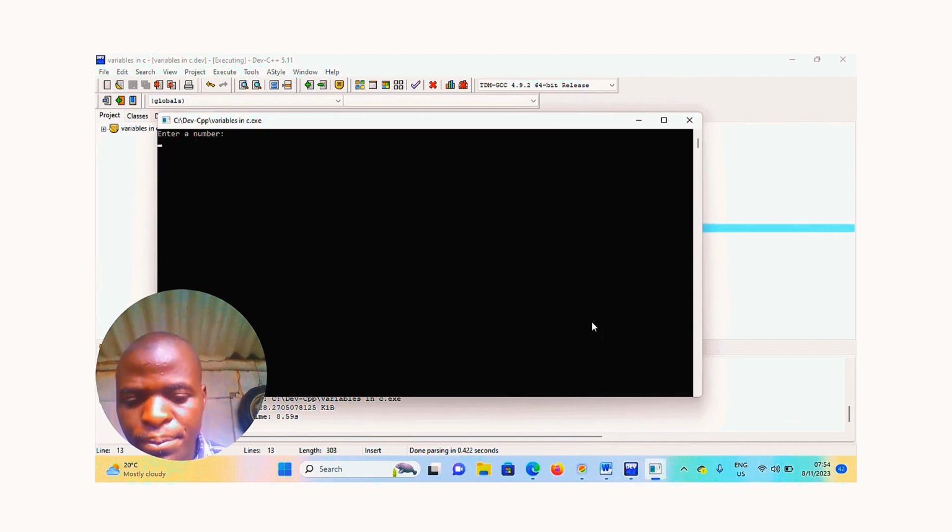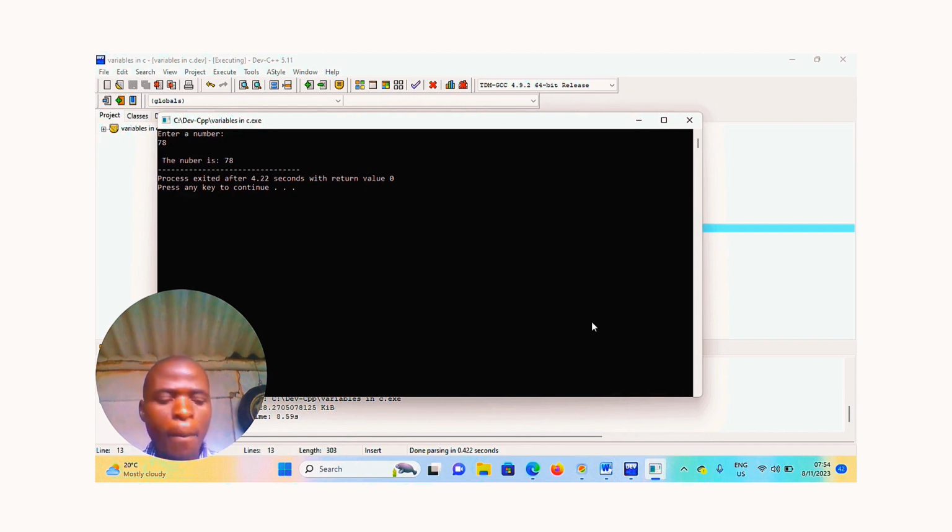Enter a number: 78. The number is 78. So this is our first program about declaring variables. The program runs successfully.